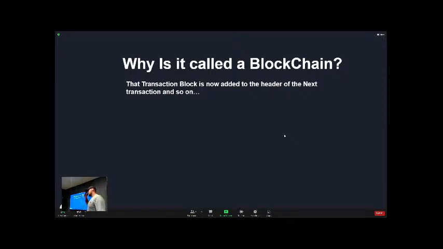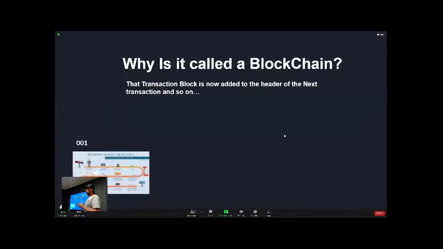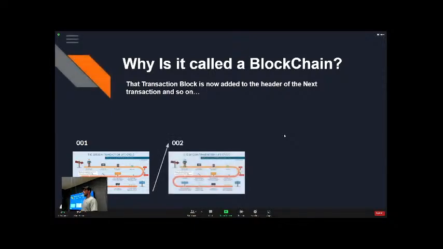So why do we call it a blockchain, and what are the other confirmations? As mentioned, we have our first block, right? Our first transaction that we did, we'll call that transaction 1. So it's gone through all of this, and now someone else is going to do a transaction. And now the transaction is going to be included into the header of the next block, and so that would be the second confirmation.